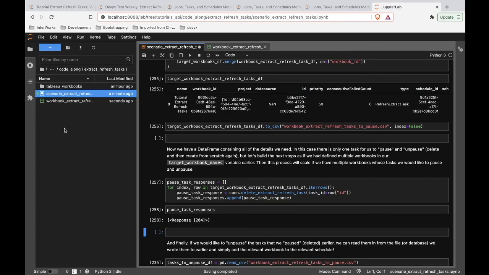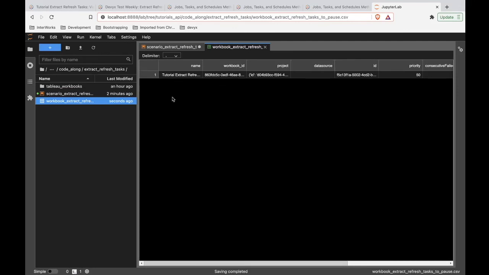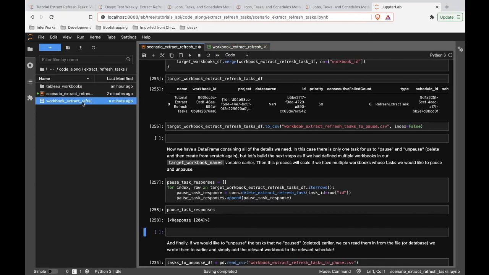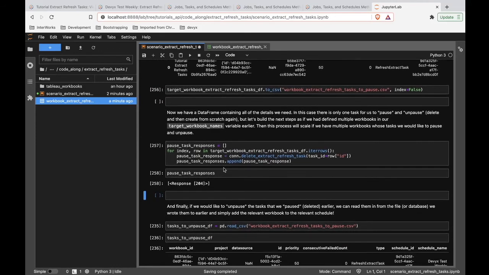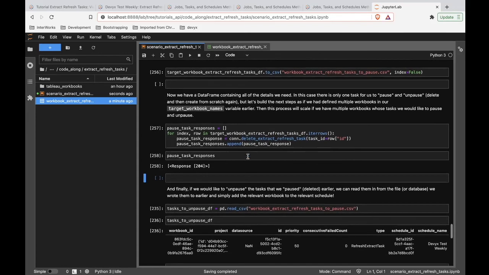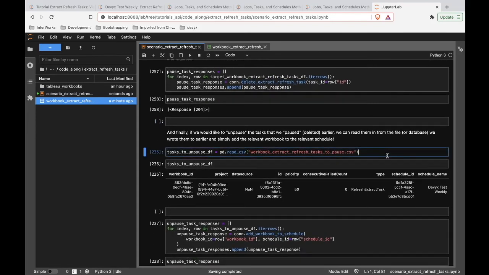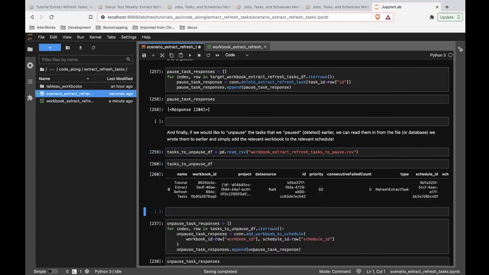And now that information about what we paused is sitting out here in this CSV. We can see updated seconds ago. So when we ran this again, it overwrote what was in the CSV. And if we want to unpause that task, again, we deleted the task, so there's nothing to unpause. Instead, what we're going to do is read in the data from that CSV file,